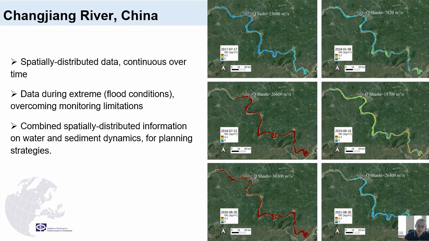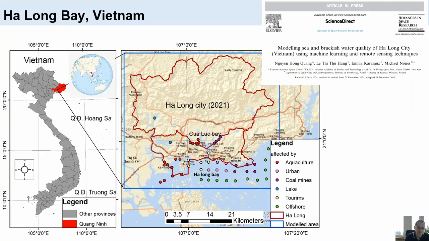Here on the right, you can see some examples of this distribution of suspended sediments concentration in the case of high discharges, the reddish graphs, and lower discharges. You can see that this technique allows for reconstructing the patterns all over the reach and having continuous spatially distributed information on both the water and the sediment dynamics, which might be useful for sediment management and planning strategies. This is the source of the sediments and then moving to the sink where those sediments tend to